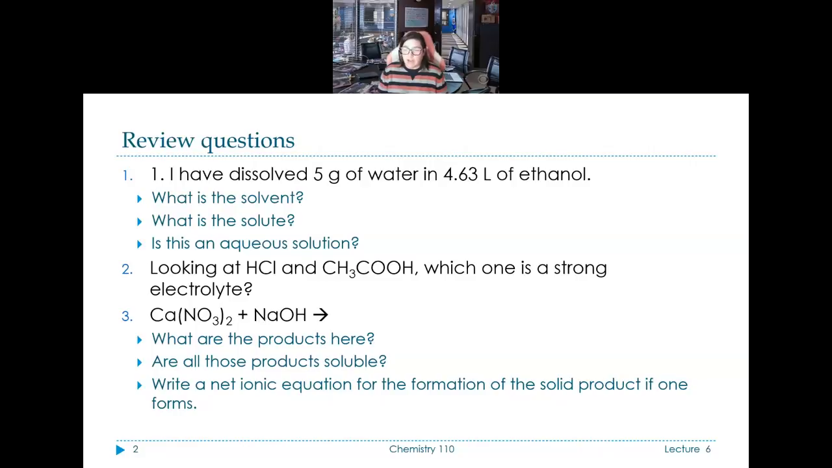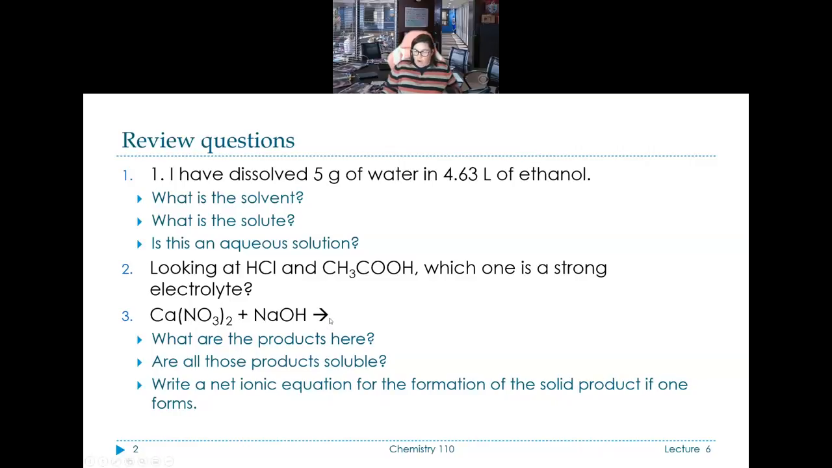Looking at HCl and CH3COOH, so hydrochloric acid and acetic acid, which one is a strong electrolyte? Well, which one completely dissolves? That's what we're talking about there. HCl is the one that completely dissolves. Remember that H comes off and we get H plus and Cl minus. CH3COOH, we lose this last proton, the one that's right here, but it doesn't completely react. Not all of it will react. And so it's a reversible reaction. That makes this a weak electrolyte. All right,